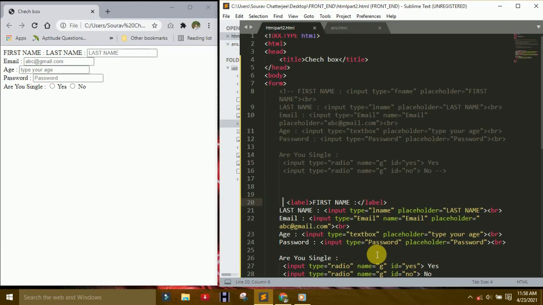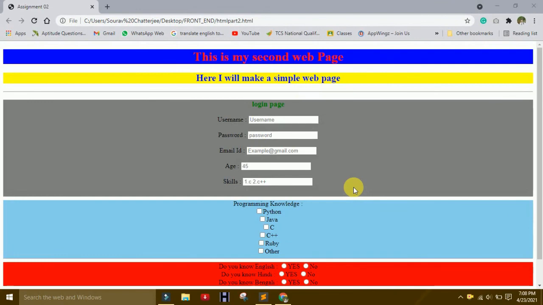So I think you understand till now. Now I give an assignment. Please do that and send it to my email address. I will put my email address in the description box. So that is my assignment. Make a normal heading, second heading, that is heading 1, heading 2, heading 3, and so many headings that you can use for your purpose. Here I use div button, you already know how to use it. So two headings are there. After that, one normal black line is there. After the black line, put username, password, email ID, age, skills, and how many skills you have.